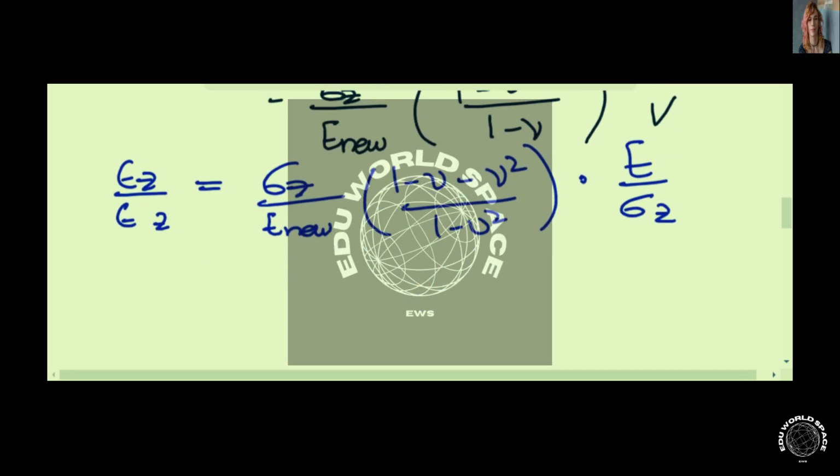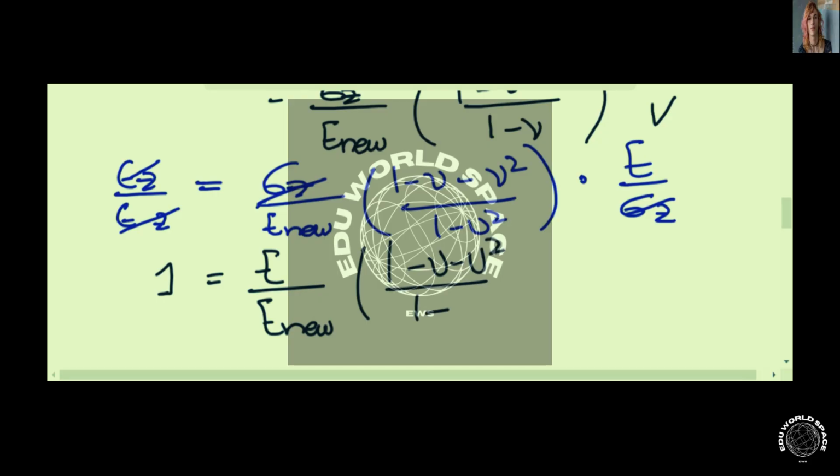Now, as you can see, this will cancel out, so we'll be left with 1 equal to E divided by the new modulus of elasticity, and this would be divided by 1 minus